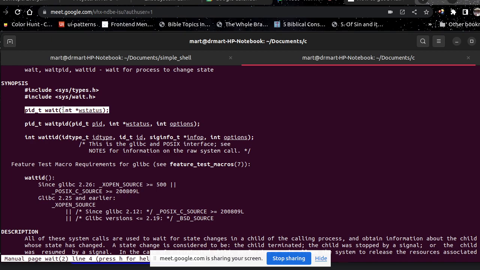So you can see that it can accept the address of an integer, or a pointer to an integer. That means if you are passing this as a pointer, if you are passing in the address, you are passing it by reference. And if you are passing anything by reference, that means you intend to change the value from the function. You intend to change the value of whatsoever is being pointed to. So in order to use this,